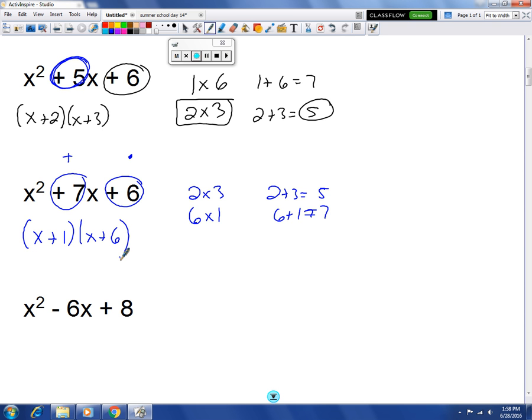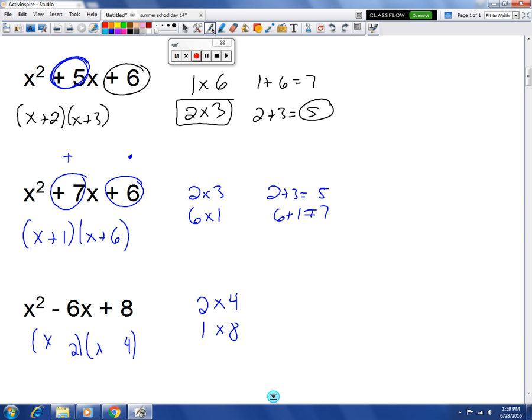Okay. Let's go to this next one. Okay, I see a positive 8, so I'm always automatically thinking about, okay, 2 times 4, well, 1 times 8 maybe. 8's not a prime number, but 1 times 8. Okay, 2, I see a 6 there. So maybe it's 2 and 4. Alright, so we're thinking that was a 2 and a 4. Okay, but what's the problem here? And you can probably figure it out when you get to that point, but